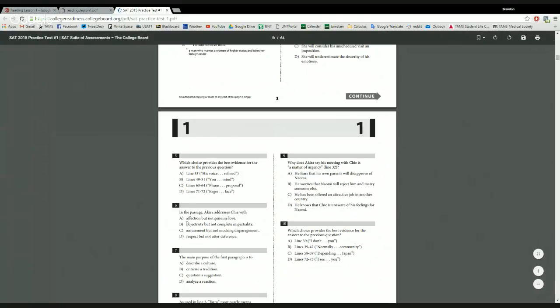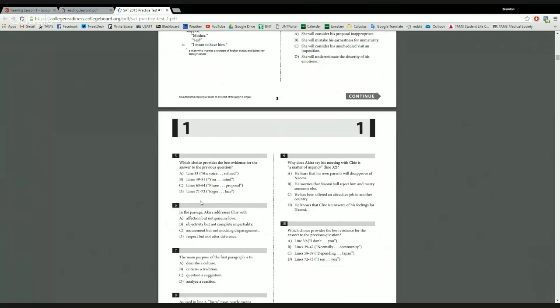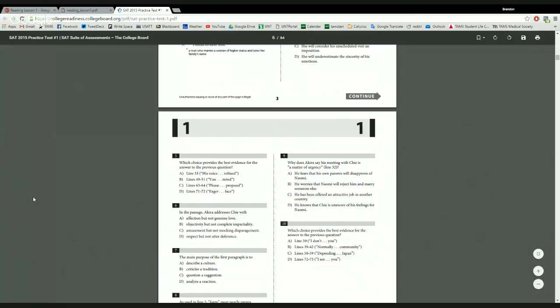And B, objectivity, but not complete impartiality. This also doesn't seem correct because neither objectivity nor impartiality is accurately described in Akira's attitude toward Chi. C, amusing but not mocking disparagement. There's nothing amusing or mocking about their encounter. It was more of a